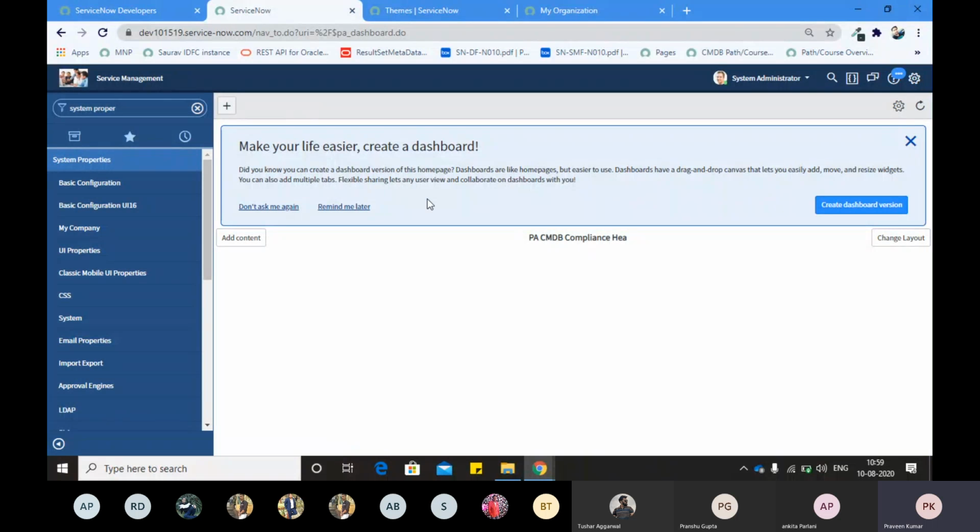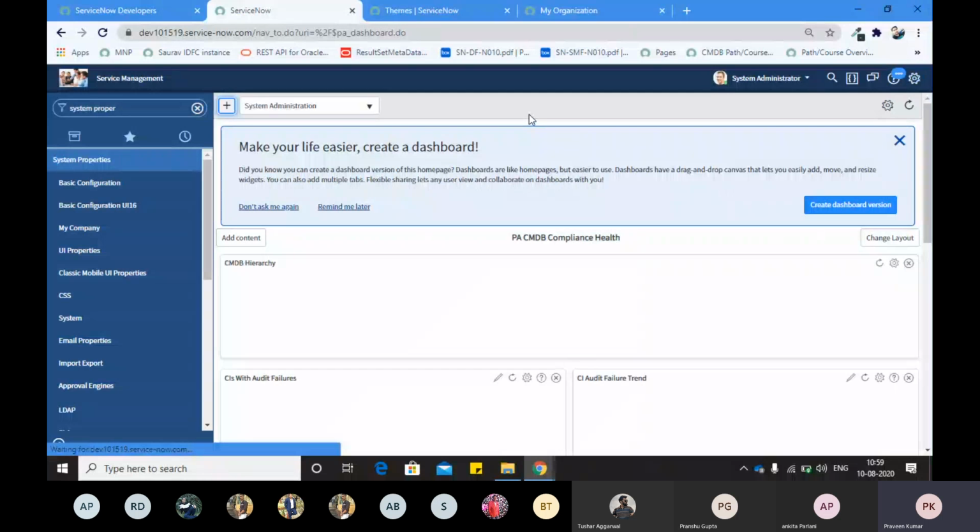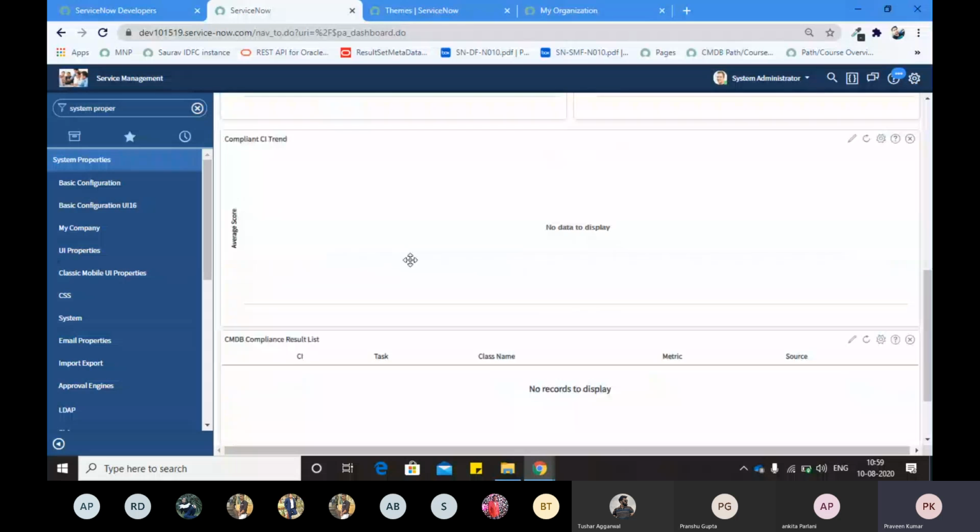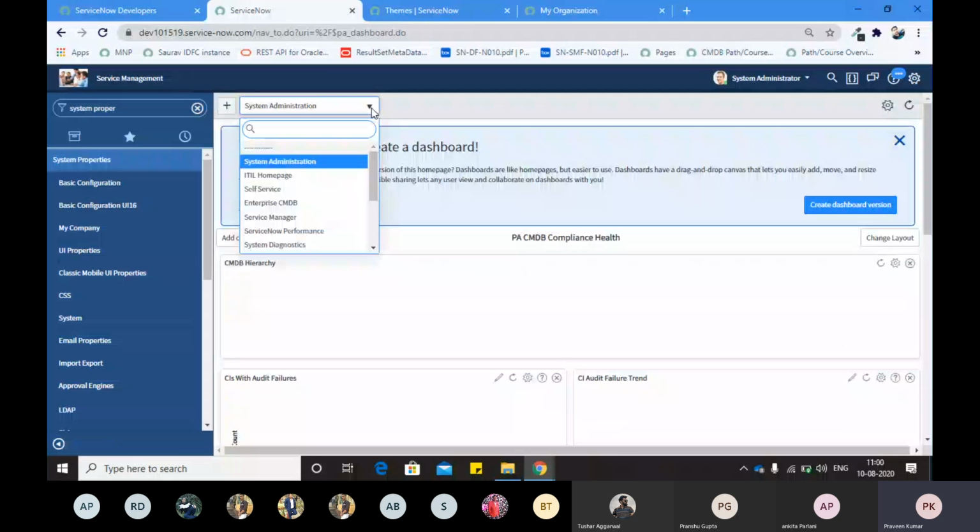Previously it was throwing some error. That was the error in my dashboard because I selected the dashboard there and was trying to find that dashboard, and basically I was doing some bad thing with that dashboard. That's why it was not able to show me anything, right? As soon as I changed my option to home, now it takes me towards the home, and I can select other home pages as well because I'm a system admin. So I can access all the home pages, right? Using this select icon.